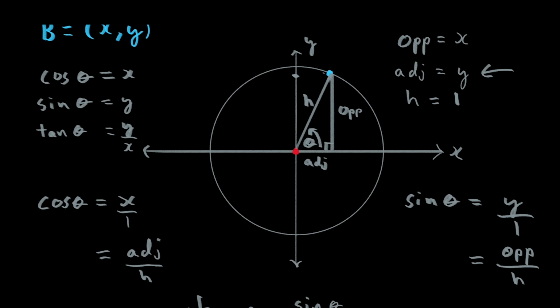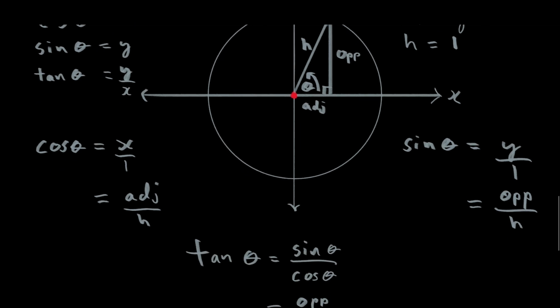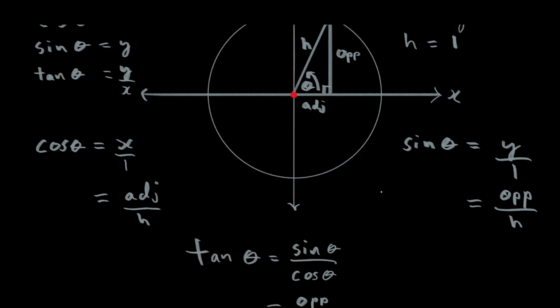Okay, so that just means we could still express the cosine of theta as the adjacent over the hypotenuse, or the sine of theta as the opposite over the hypotenuse, etc. It's just that the hypotenuse isn't going to equal 1. Okay, so in that case, let's imagine the hypotenuse was like 3, the cosine of theta would end up being something like